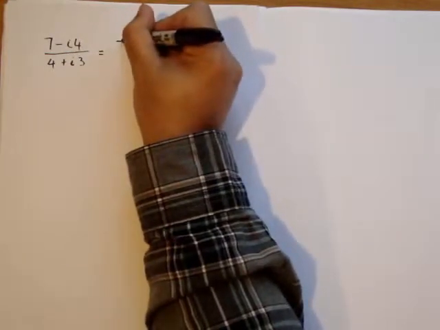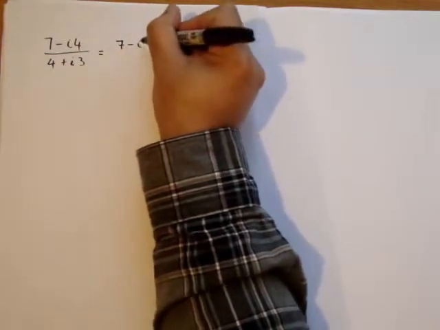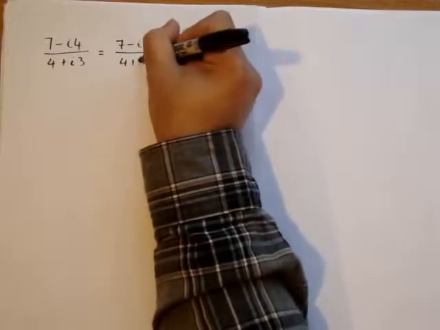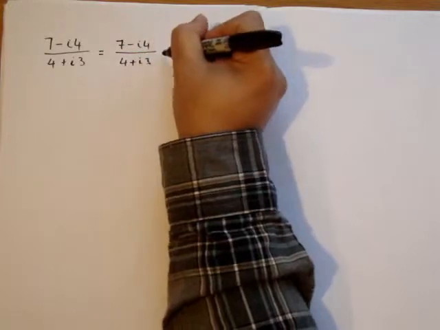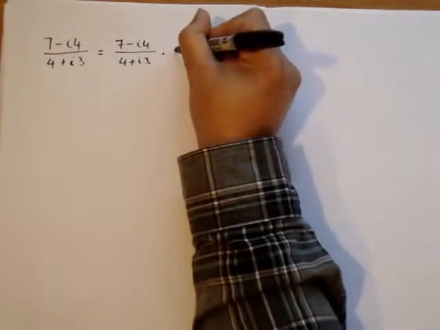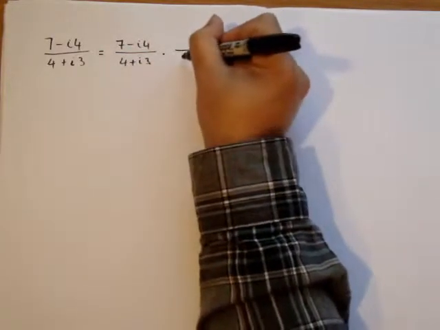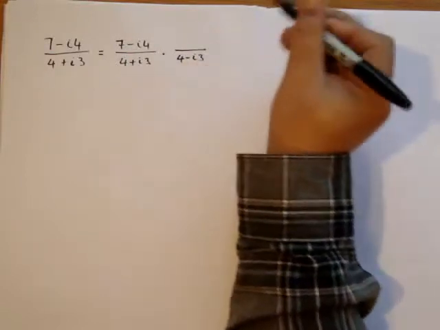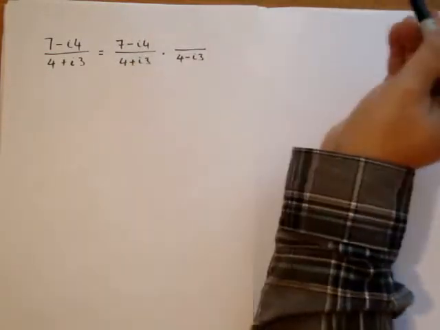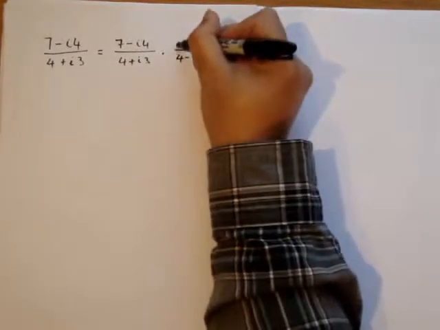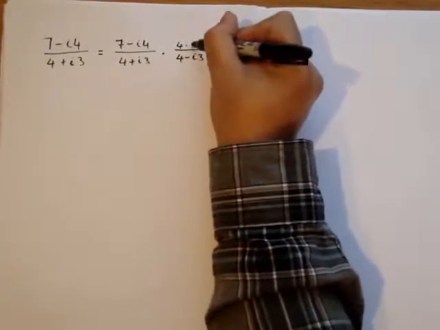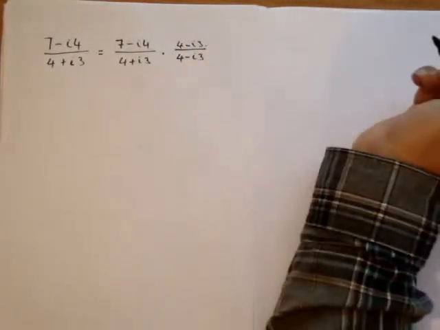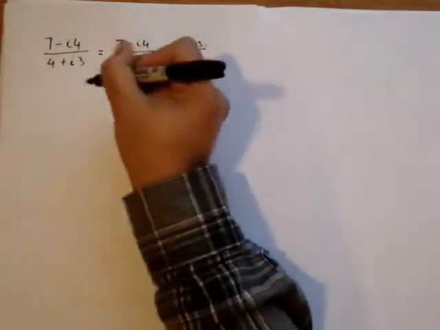So this then we can do as 7 minus 4i divided by 4 plus 3i, and we multiply that by the complex conjugate, which is 4 minus 3i. So we just reverse that sign in the denominator and then the same on the top, 4 minus 3i. When we work that out,